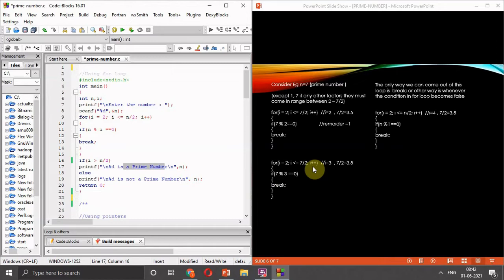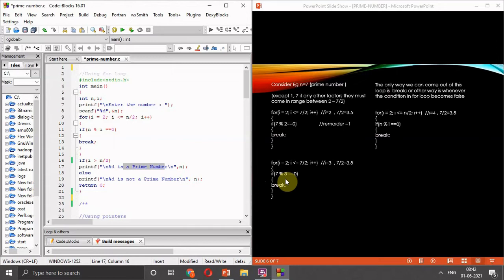Okay, the only way we can come out of this loop is break, or whenever the condition in the loop becomes false. What does this mean? It means that to come out of this loop, we have to go inside the if condition, or we need to violate the condition given for the for loop, which is i must be less than or equal to 7 by 2.